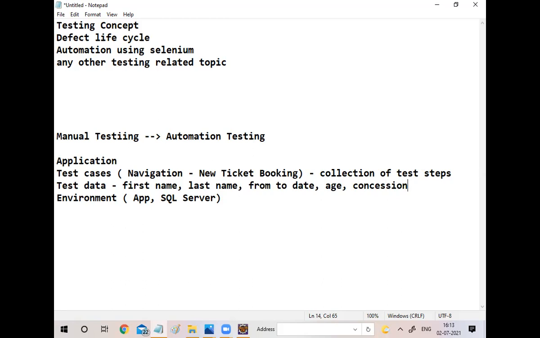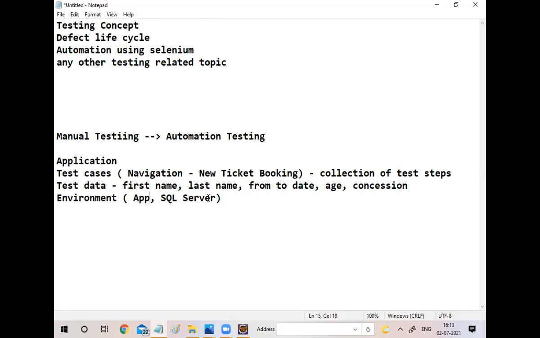Environment actually. As an end user, we don't know which environment we are going to. For example, you are a client, just a user. You simply open the IRCTC site and book a ticket, that's all.